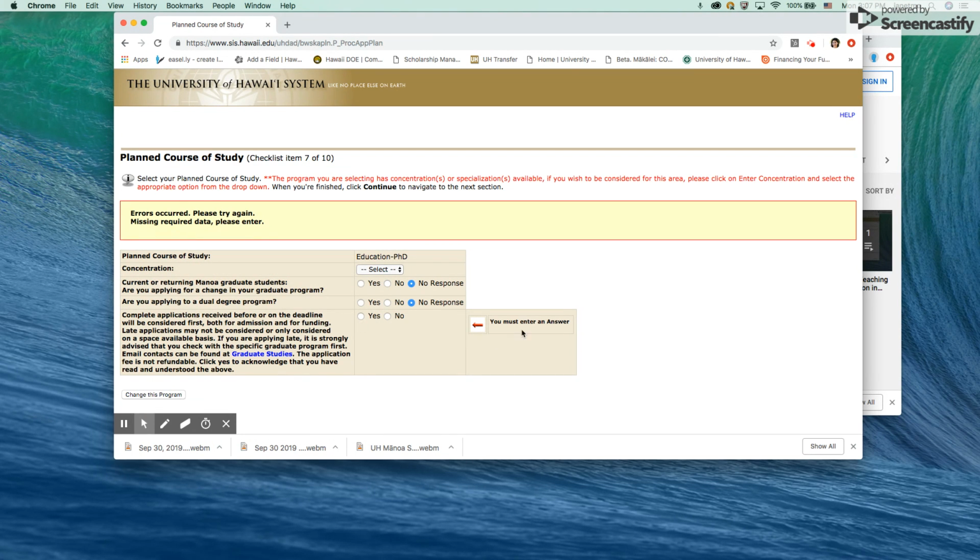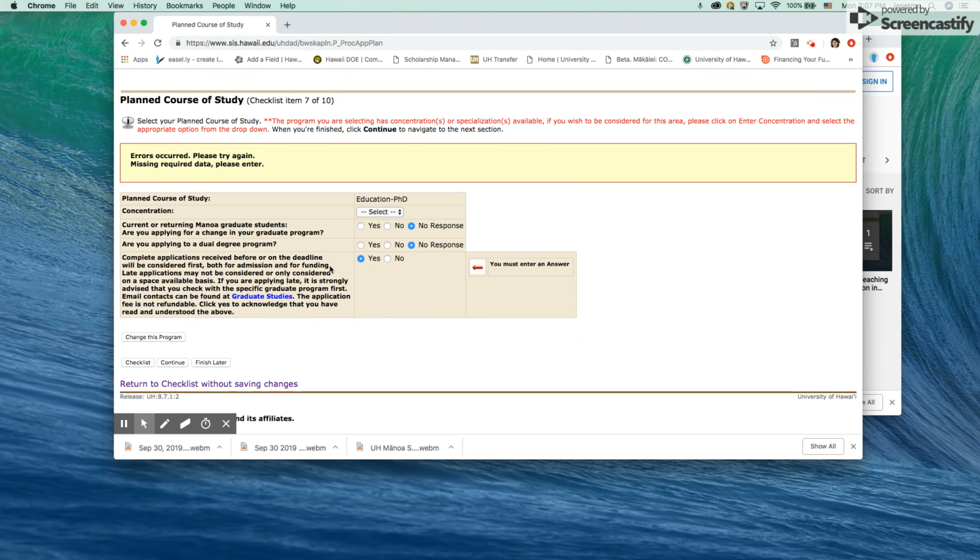However, first you must enter that you understand that if you miss the deadline, then you can be grounds for not being admitted. And for our particular program, we don't accept late applications. So you just need to say that you understand that this is clear to you before you apply. So click yes, and then